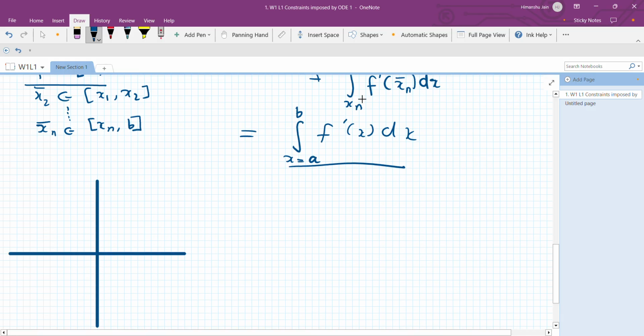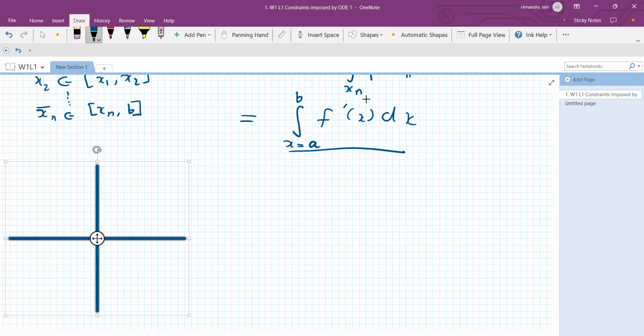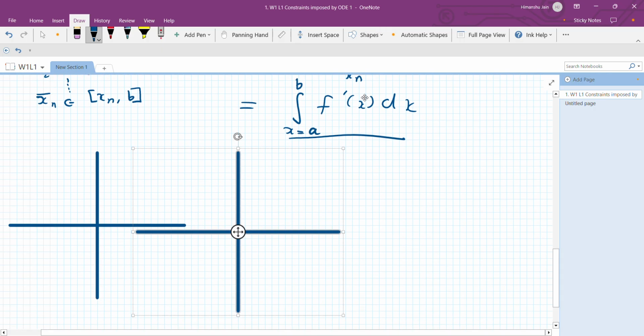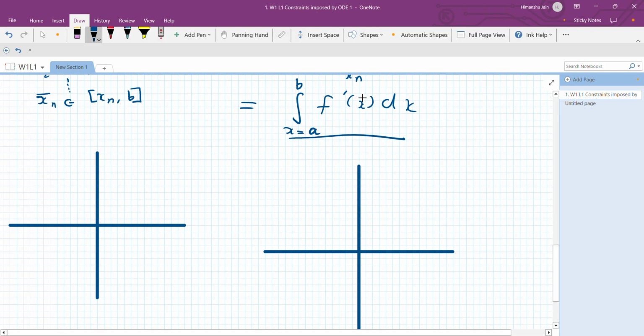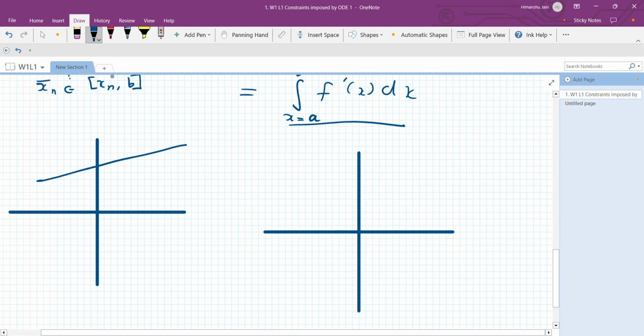So we have taken two cases. First is the linear function, and another is the function with constant slope over some subinterval. So we can see that if this x1 becomes closer and closer to a, similarly this x2 is becoming closer and closer to x1, meaning the length of the subinterval is going to 0, then we can capture any general function,